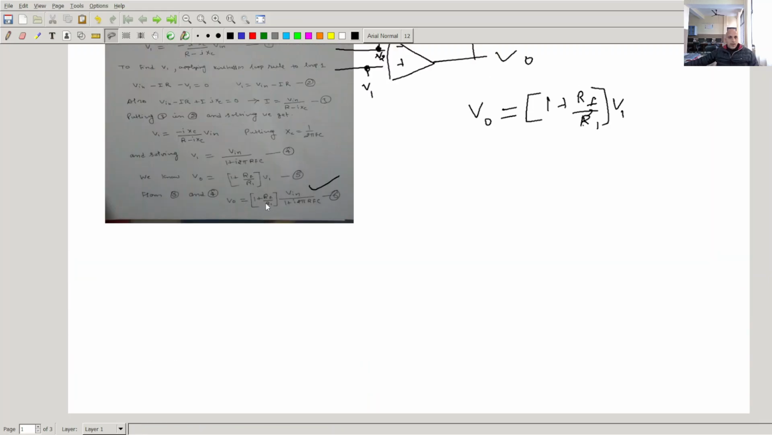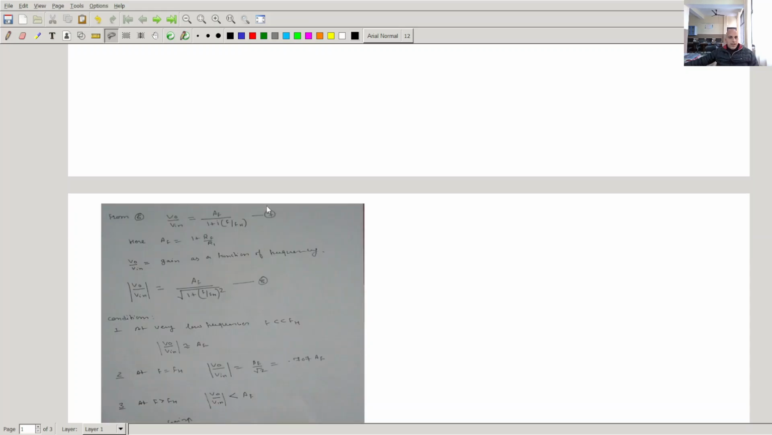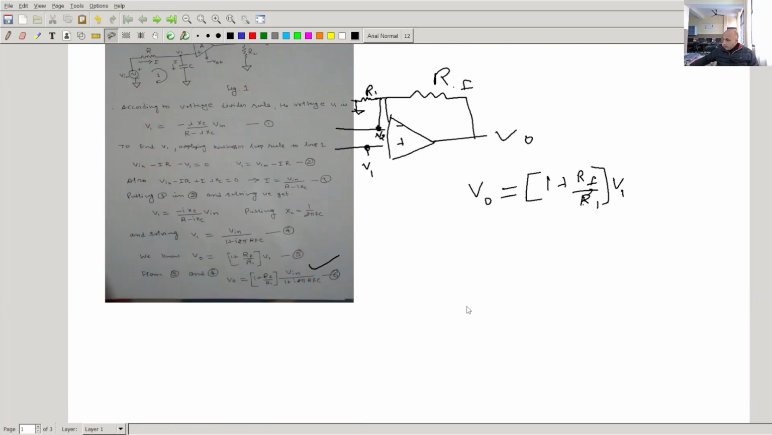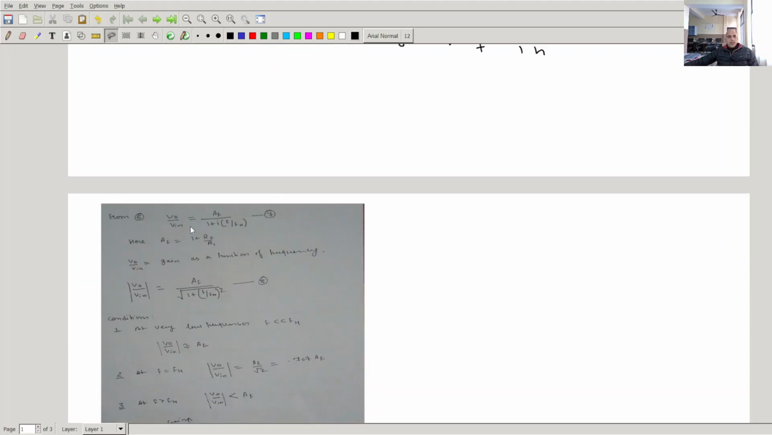Now AF, what is AF? AF is 1 plus RF upon R1. Clear? We know, as I told you, that in case of operational amplifier, V output is equal to AF into V input, right? So we can see here V output upon V input is equal to AF upon 1 plus iota